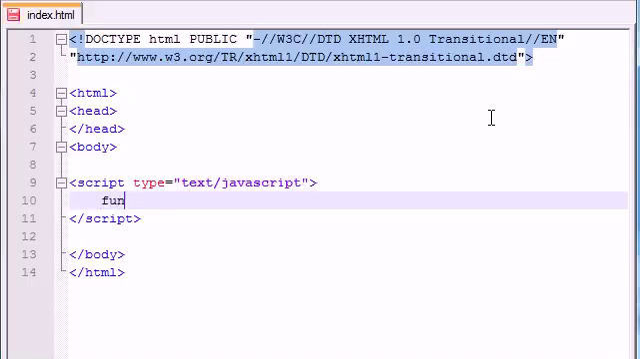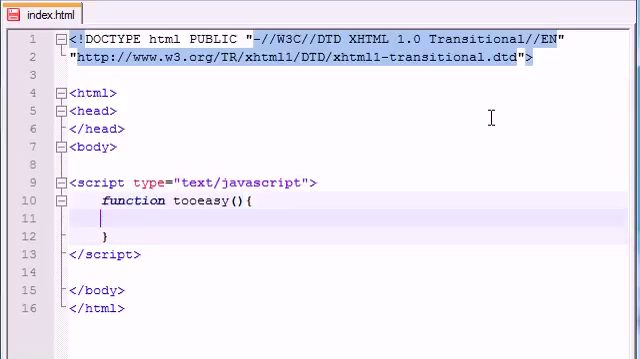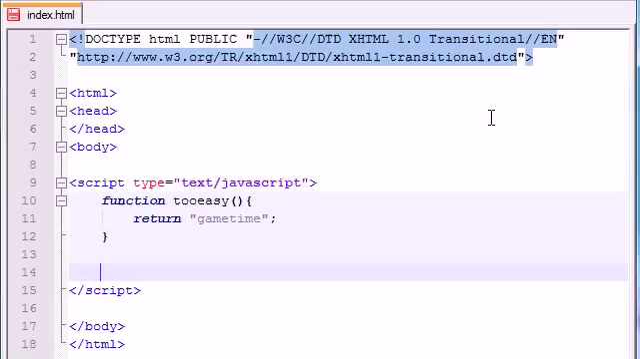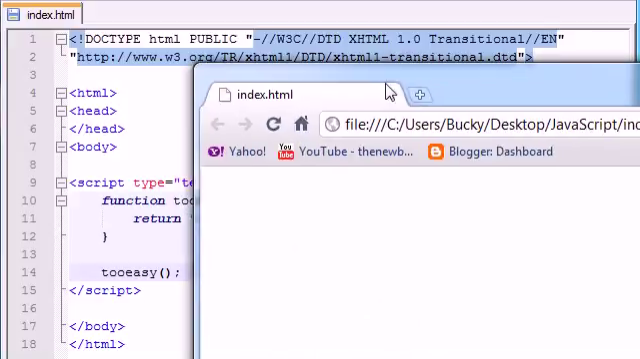Let's name this function toEasy, because this is going to be extremely easy, not even going to take any parameters. And let's just return some value. Let's return just some text, game time. So now whenever we call this function toEasy and try to run it, nothing happens, because by default, as you can see,